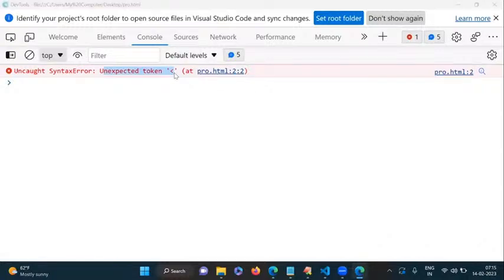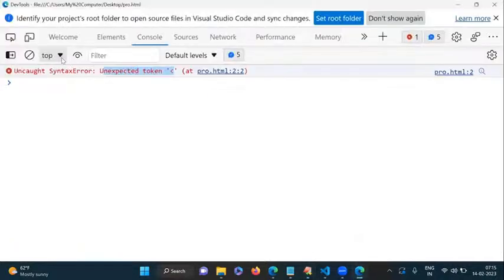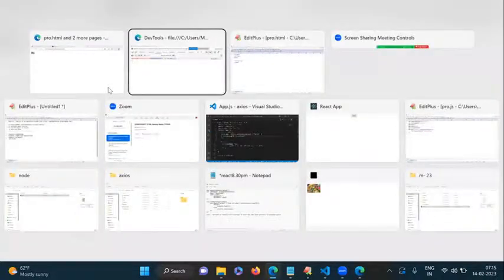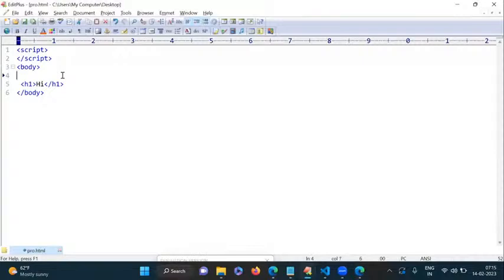This error is coming because you kept this inside the script. If I keep this inside the body and refresh, it displays the output and no error comes. But if I keep it inside the script tag, it gives an error. That's the main problem. Now if we take JSX format, we can combine